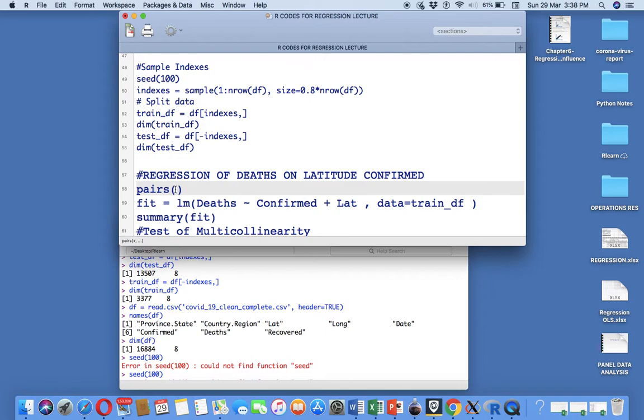The name of the file is train_df. I want all the rows, and I want specifically these columns: 3,